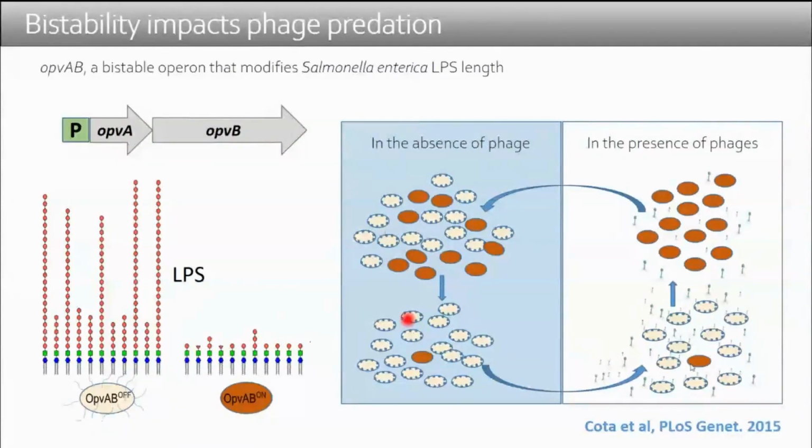So in the absence of phage, you have a variable proportion depending on the cell cycle, depending on the methylation of the promoter. So you have heterogeneous expression of the OpvAB operon. But what Nacho showed was that in the presence of phage, you actually enriched one subpopulation, the one that resists to the phage. And in fact, it was the OpvAB on